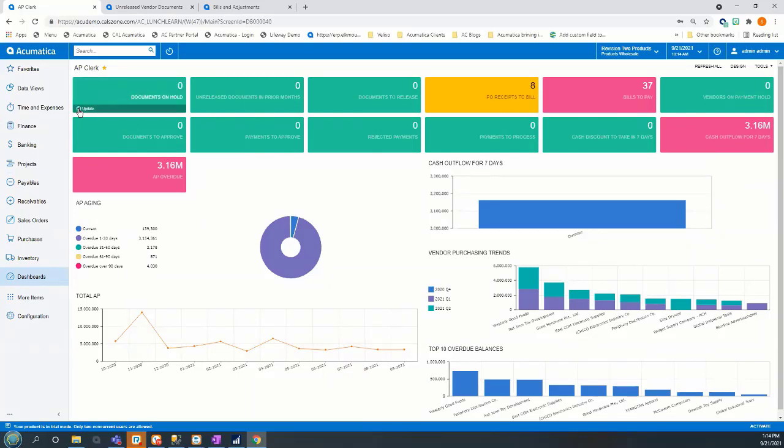I can force a refresh. So for each widget, we can set this to refresh at whatever intervals you would like, so it happens automatically. Or if I hit this little update button, I can push a manual refresh. But you can now see that that document is no longer in that on hold widget because we changed the status to balance. Okay, so here we've got some AP aging